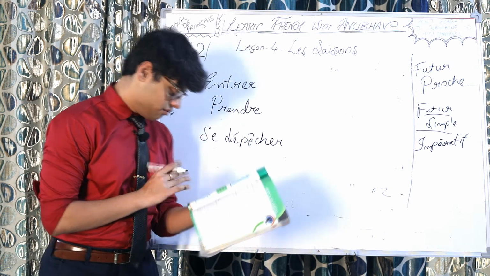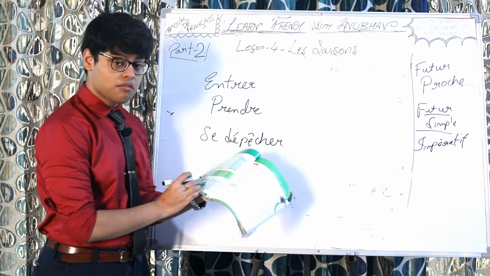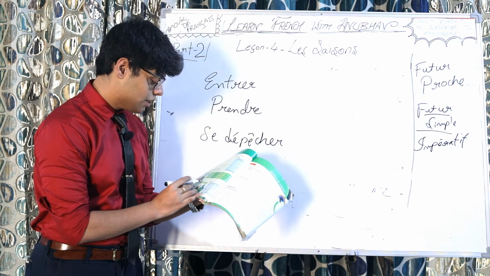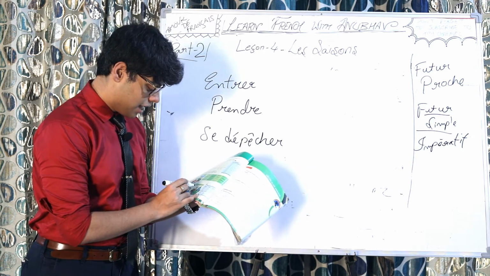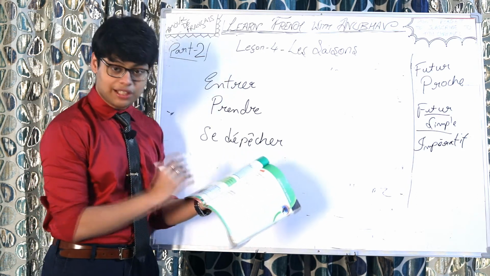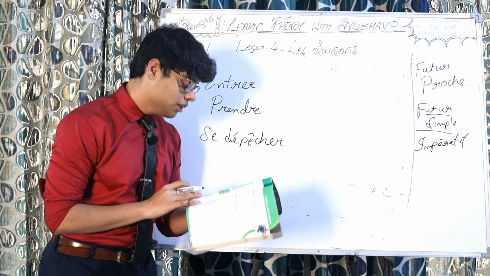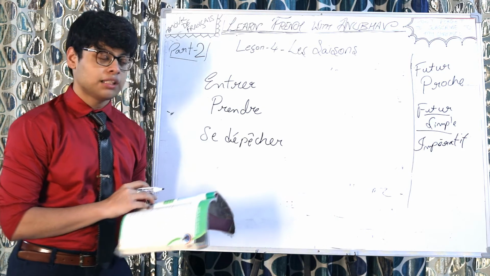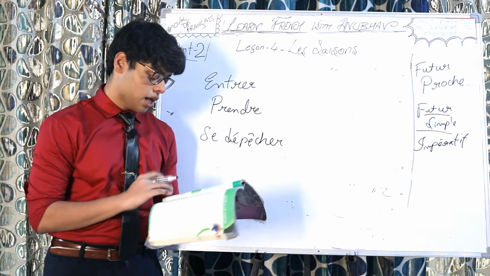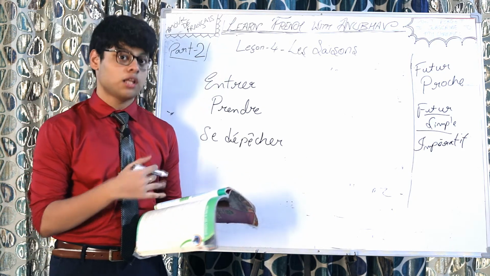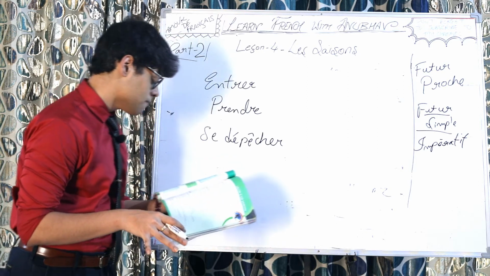And then we have a scene where there's a table of a restaurant, a waiter is standing and two people are present there, and the customer is ordering something. So ordering something, we will use imperative. So he says, apportez un chocolat chaud. Please bring a hot chocolate. And then the waiter would be like, okay, and then he will bring the order, etc.